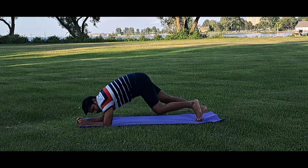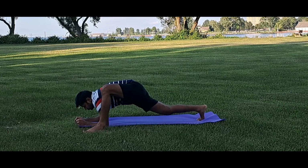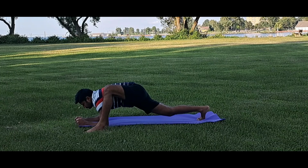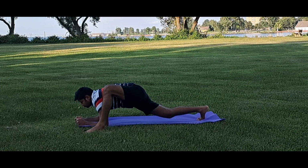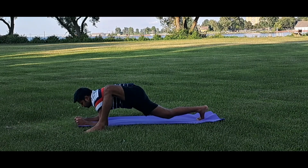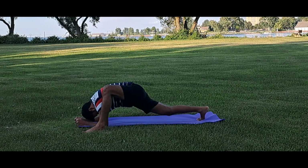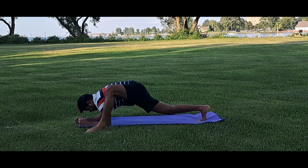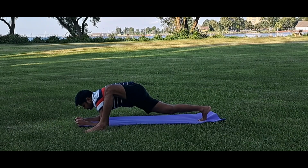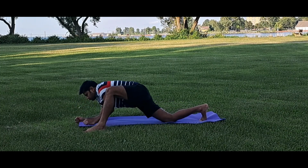This pose effectively stretches the hip flexors, groin, and quadriceps of the front leg, helping to improve flexibility and mobility in the hips. It also strengthens the legs and core muscles, particularly when engaging the abdominal muscles and lifting through the chest. Uttan Pristhasana stimulates the abdominal organs, aiding digestion and promoting overall internal balance. The deep stretch in the hips can also release stored tension and stress, offering emotional benefits such as calming the